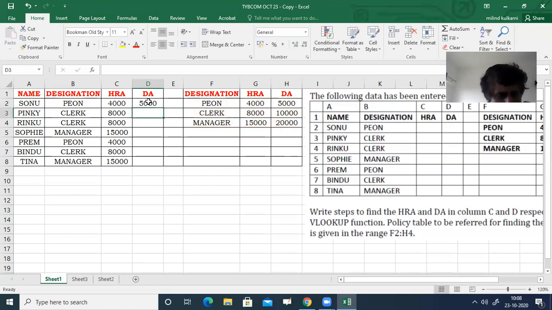We will get the 5000 value for Sonu. Then select D2 again and drag till D8. Okay, and this is used to find HRA and DA based on the policy table. Thank you so much.